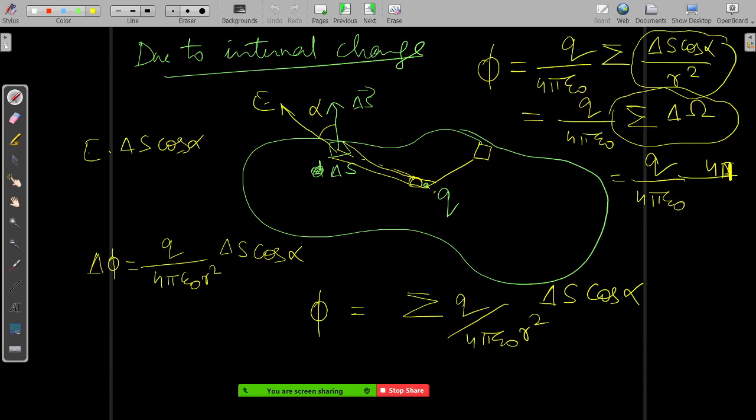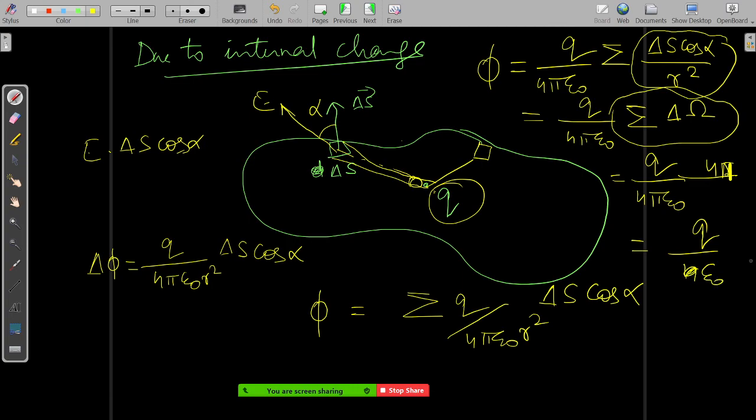So we are just summing all this solid angle because we want to get the solid angle made at the position of this charge, an internal point, and that charge is enclosed inside. So if you see, this comes to how much? Q by 4 pi, sorry, Q by epsilon naught. This is what Gauss law is.